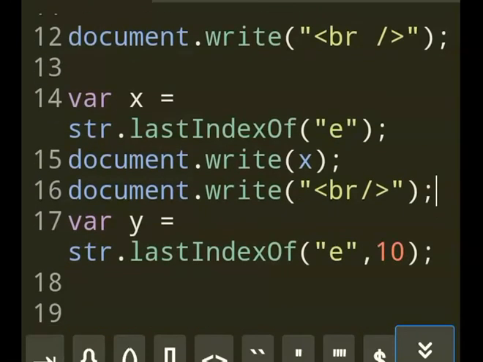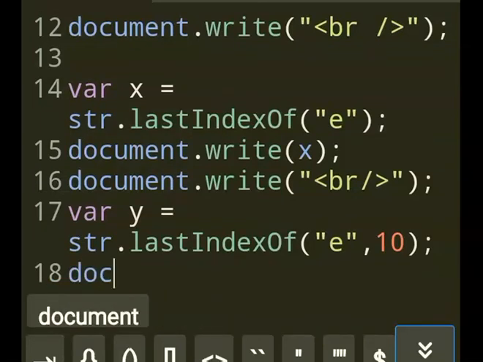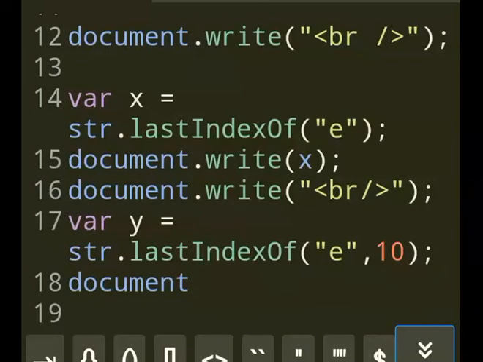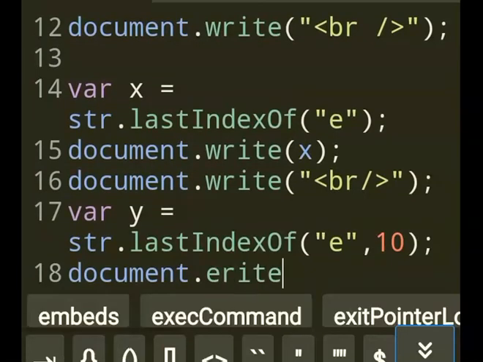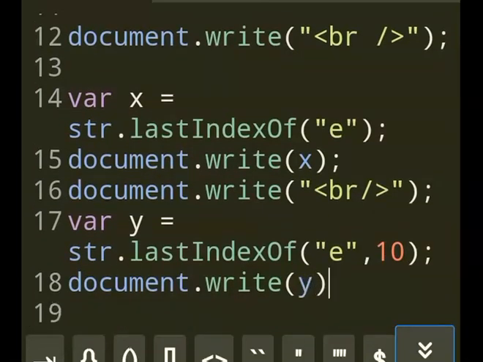Let me first write the document.write in order to test the result. document.write, y. There you go, 3.